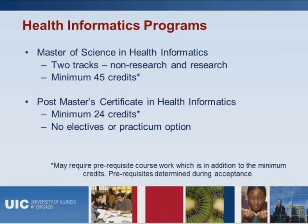Our health informatics programs are ranked as one of the best in the country. We're also one of the oldest programs. We're also accredited by an organization referred to as CAHIIM, which stands for Commission on Accreditation for Health Informatics and Information Management. With our health informatics programs, students not only learn how to design, develop, implement, and evaluate electronic health